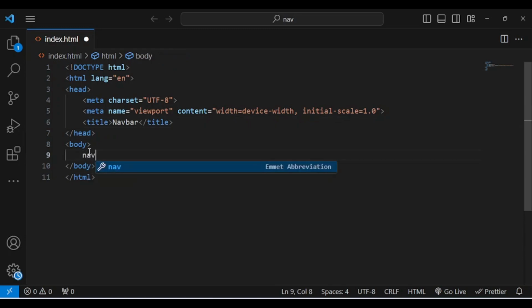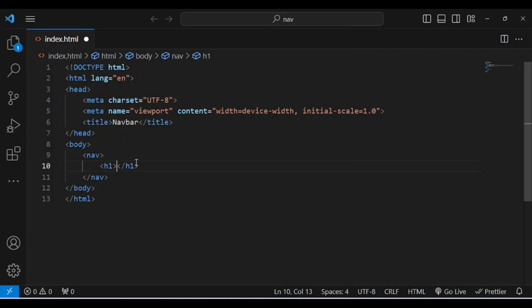So now we can create a nav tag. This is how it looks, just nav, and then it's an opening and closing tag. Then we can have our h1, and we can just give this h1 a class of logo because it serves as our logo. Then what's our logo? We can just say it's Code Alumni,